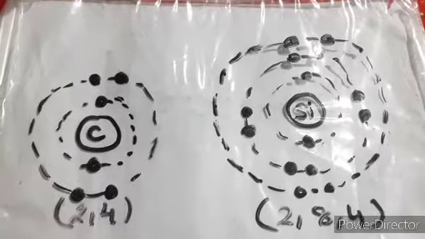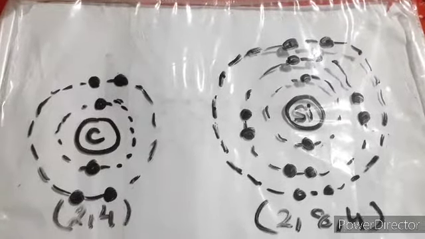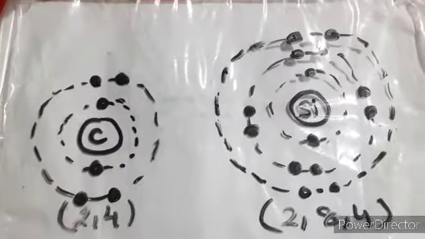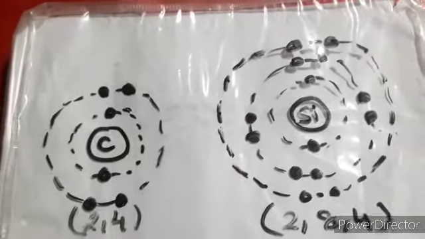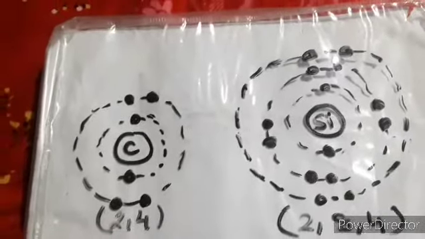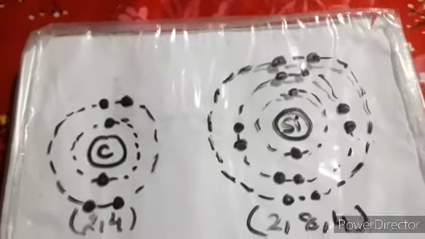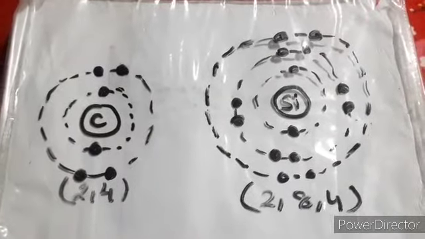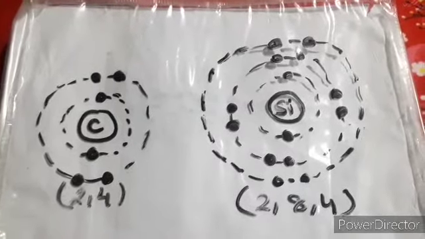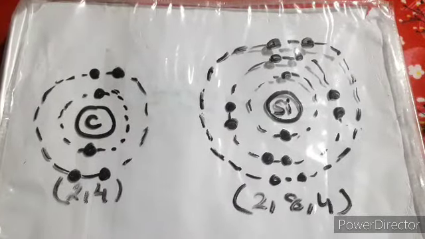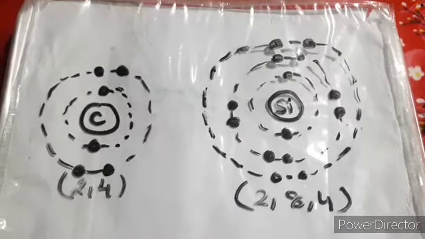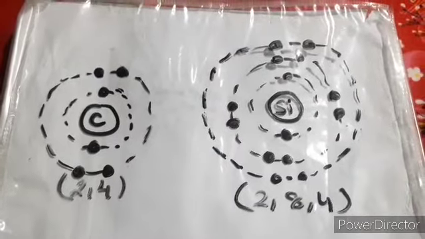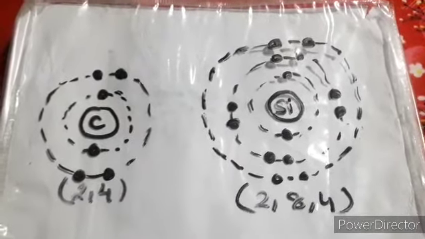Now we'll focus on non-metallic character with the help of ionization potential. What do you mean by ionization potential? When you are accepting electrons, at that time you need a certain amount of energy, and that energy is known as ionization energy. Now let's go back to ionization energy or ionization potential. I think you must remember that in groups, when we move down the group, the ionization potential always decreases, right? Why does it decrease? What is the reason behind it?